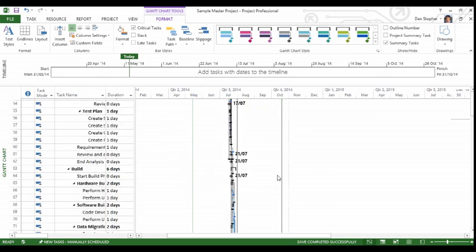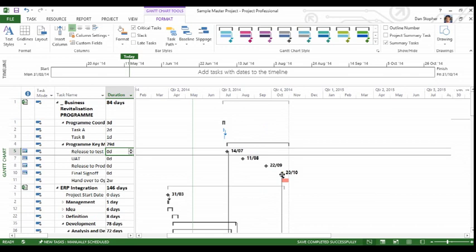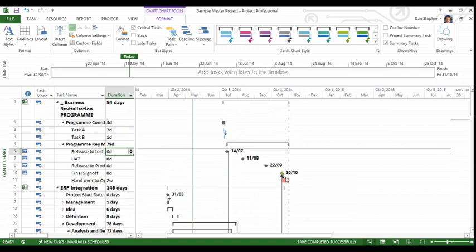And this is the downside of using constraints in your schedule, because what's basically happening here is I have a task falling right at the end of the project. It's driven by a constraint. There is free time, if you like, or slack prior to that activity. So the calculation here is saying that there are no other activities that are really pushing out that end date, and so the only critical activity here is this final task. And that's somewhat misleading, but it is part of understanding how Microsoft Project calculates the critical path